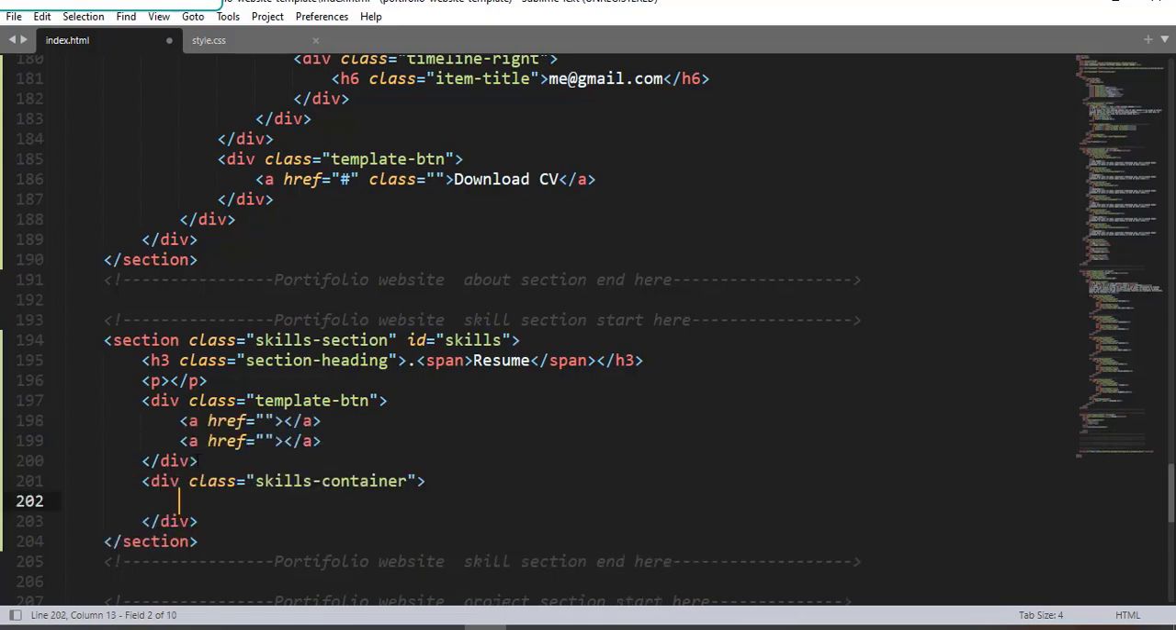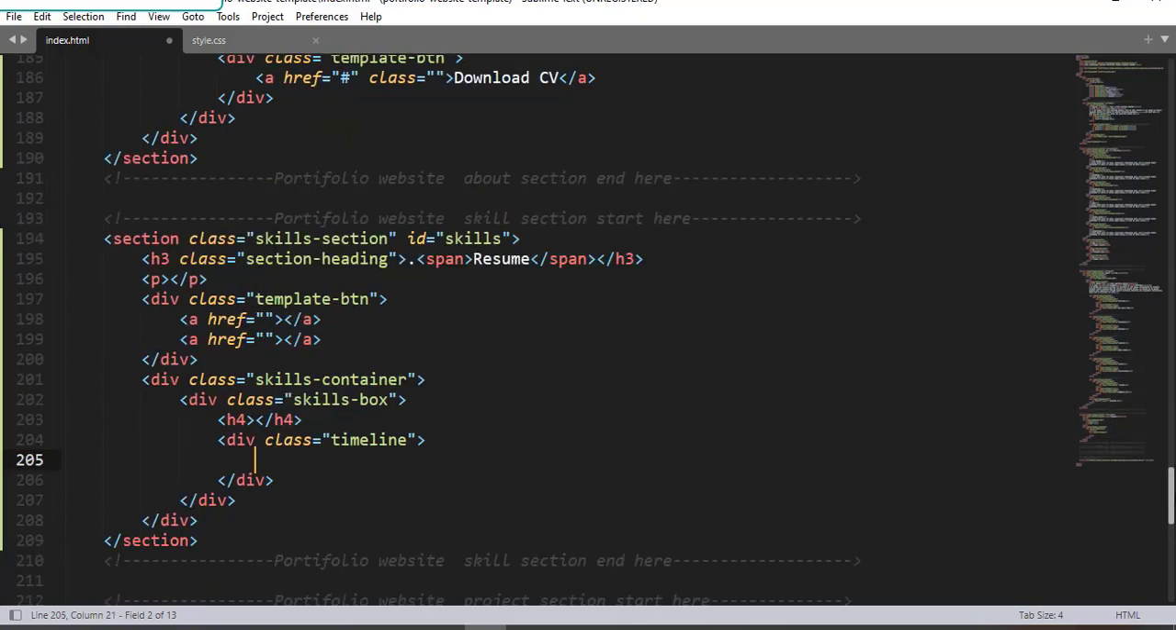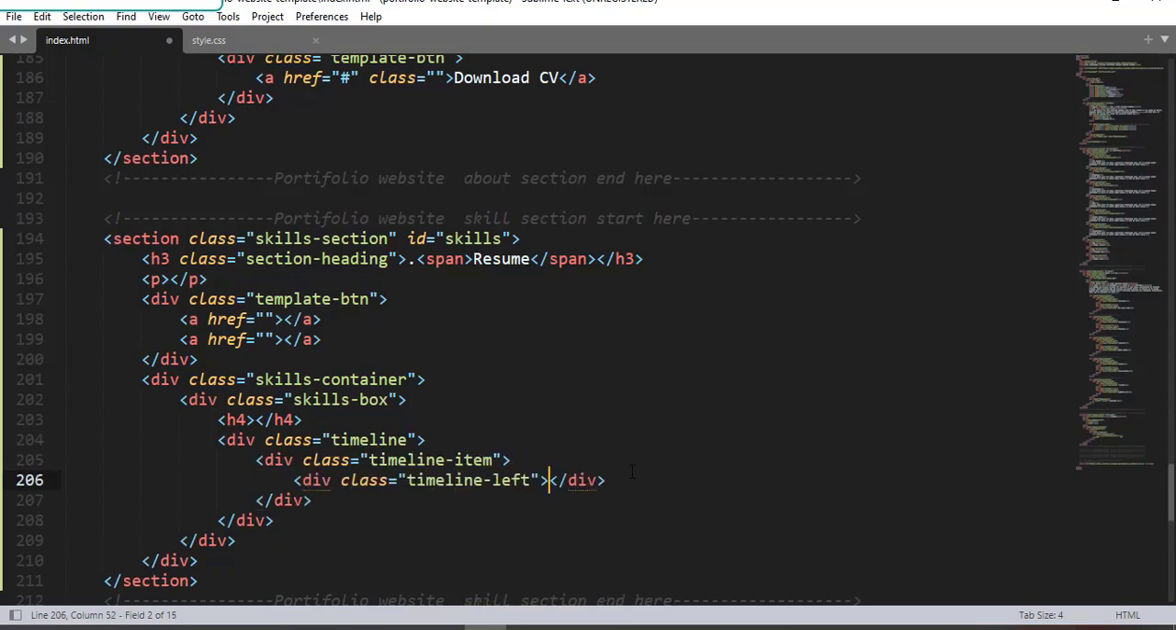So again, inside this we are going to nest a div element having a class name skills container. Inside this div element, we are going to nest another div element having a class name skills box. Now again, we have an h4 element, and we have also a div element having a class name timeline. Inside this div element having a class name timeline, we are going to nest a div element having a class name timeline item right here. Alright. Inside this, we are going to nest a div element having a class name timeline left, and inside this